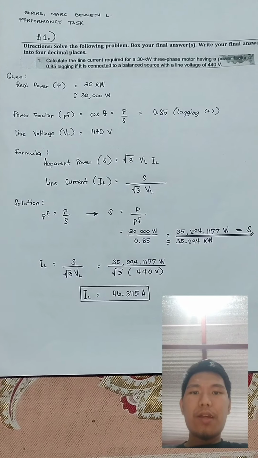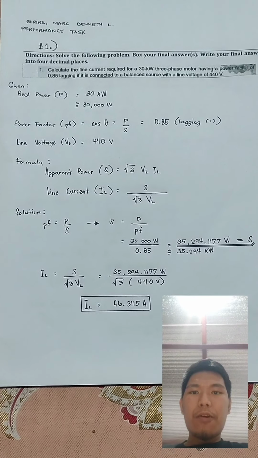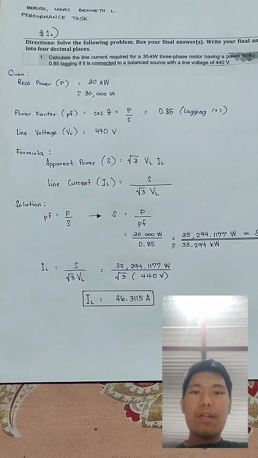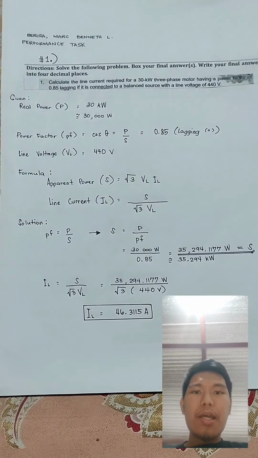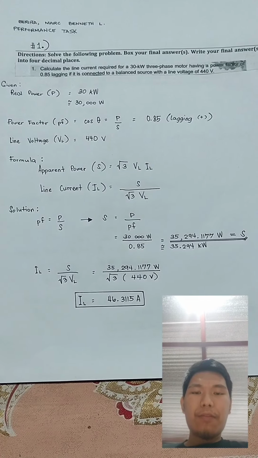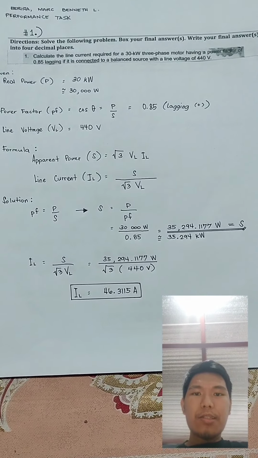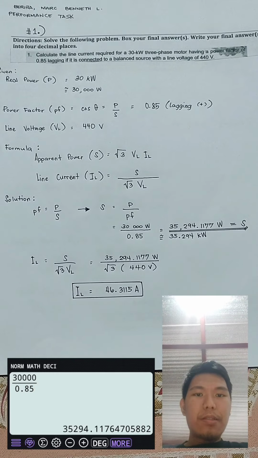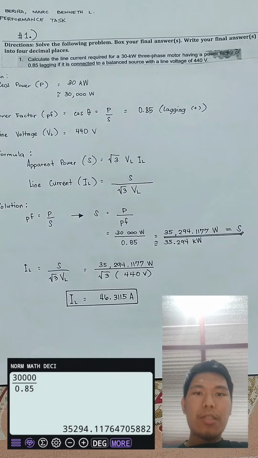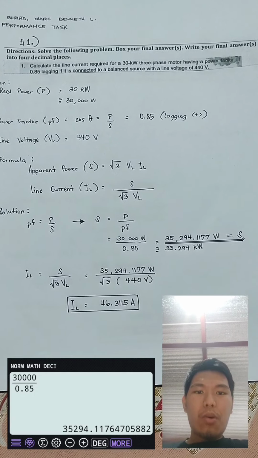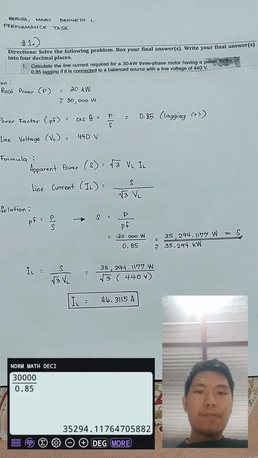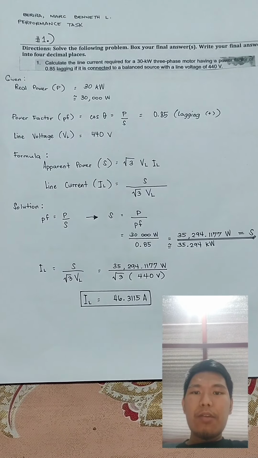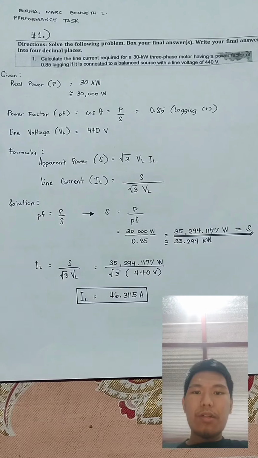To get the value of S, we know the formula for power factor. Power factor equals P over S will be transformed to S equals P over PF. Our S is equal to 30,000 watts over 0.85, which is now equal to 35,294.1177 watts. Now we will get the line current IL with the formula of S over square root of 3